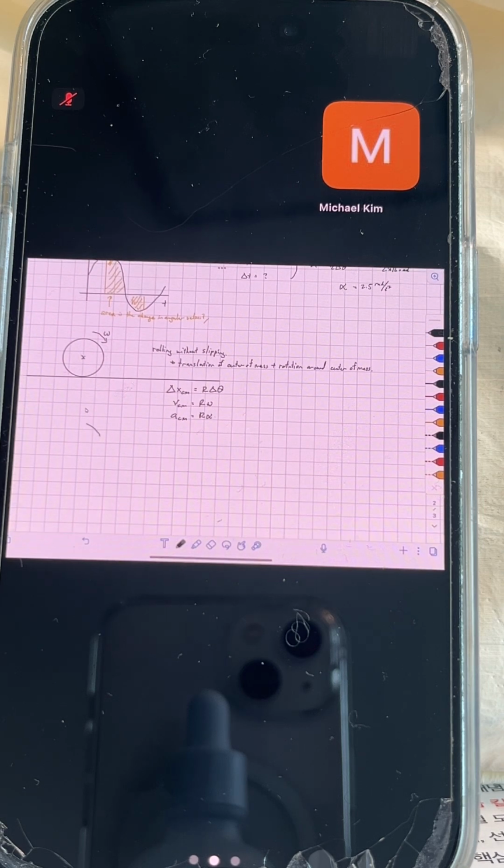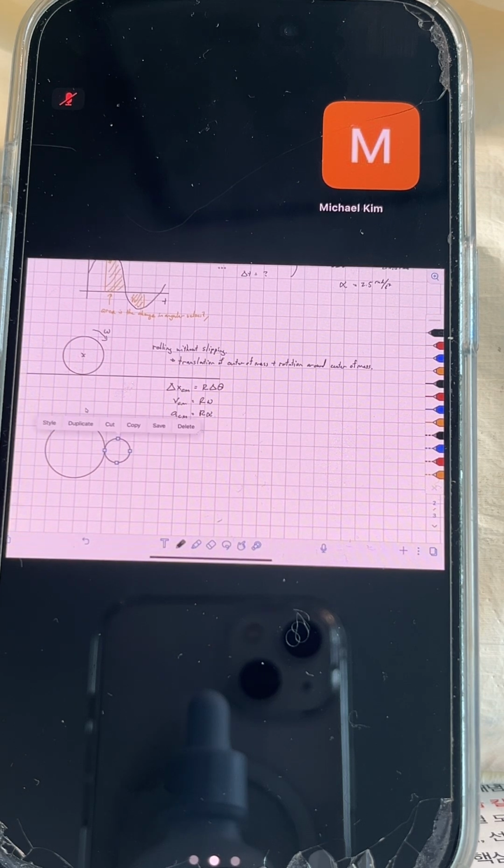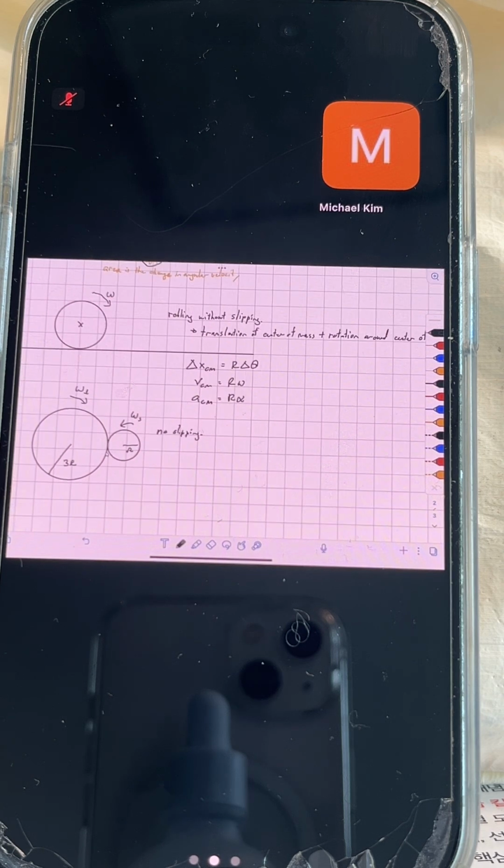And with this, you had some problems, for example, if you had two objects, say you had two wheels that are both rotating together, and again, I have that there's no slipping. If I wanted to compare this omega large versus omega small, let's say this is r, and this is 3r. The key thing is that if there's no slipping going on here, what that means, if I zoom in here,